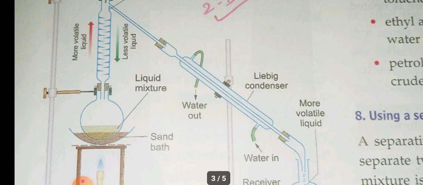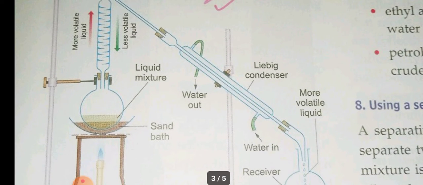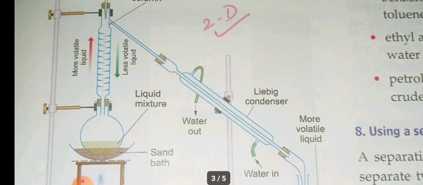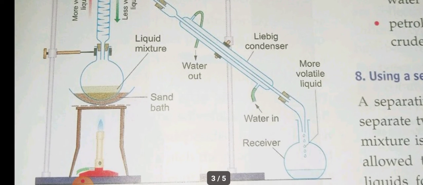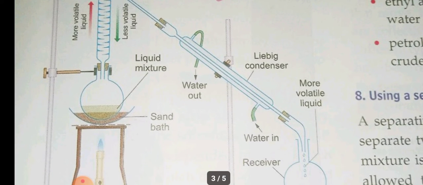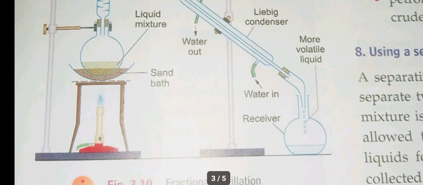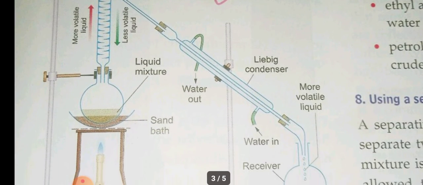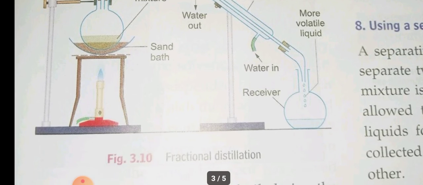And the Liebig condenser is the one which is kept sideways. Okay, at the side of the distillation flask is the Liebig condenser, where the hot vapors are cooled. So the attachment has to be kept as given in the figure. Is it clear, children? So go through the diagram very clearly. At the end of the Liebig condenser, you have to keep a receiver to receive the liquid. Okay, so this is the arrangement for fractional distillation method.